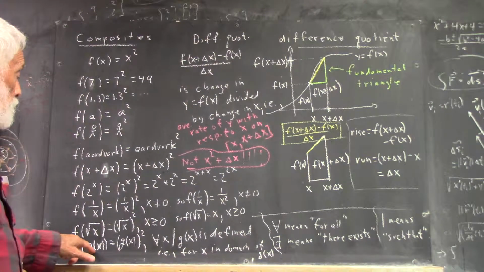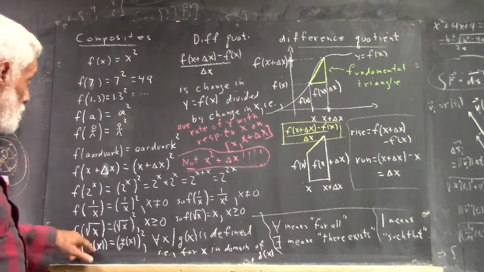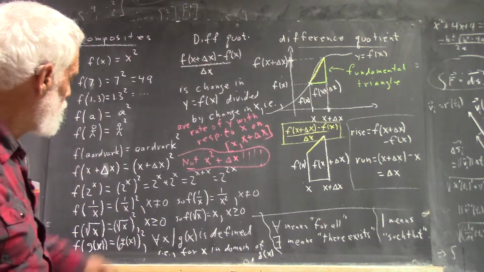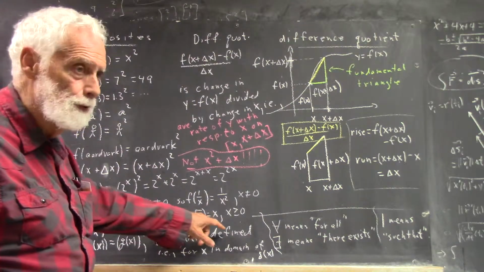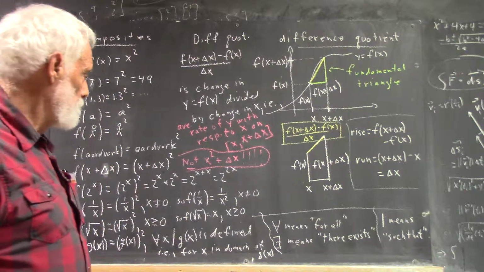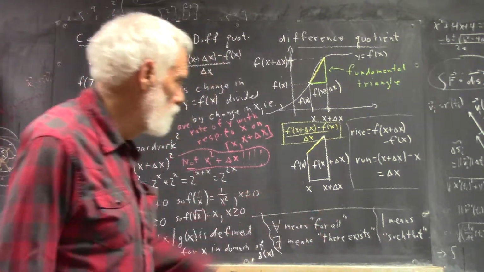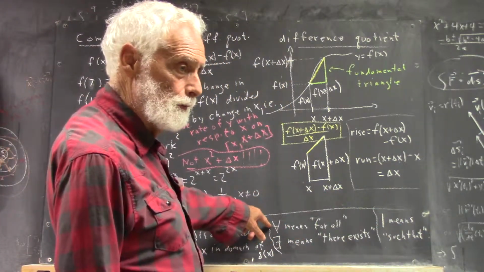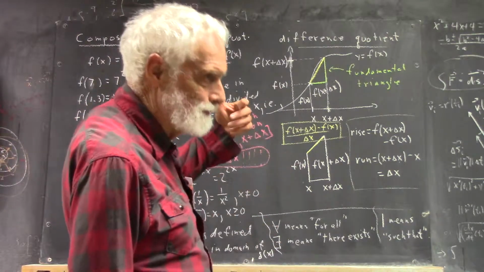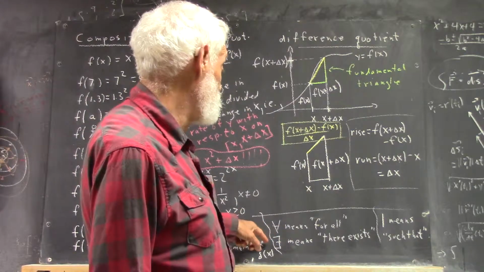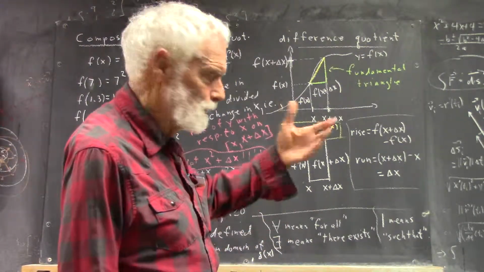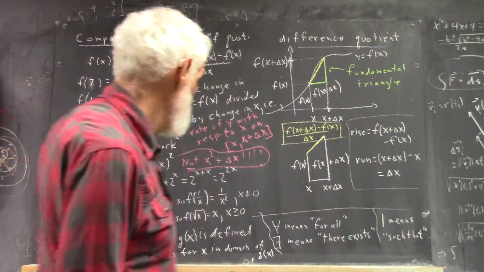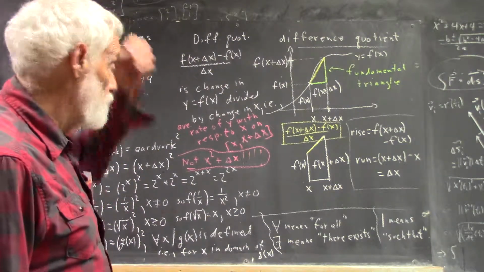Okay? And f of g of x is what? Well, we've replaced x by g of x, so it's going to be g of x, squared. We've got to replace this x by g of x. And then this says, for all x such that g of x is defined. Okay? And I introduced a couple of symbols. The upside down A means for all, and the thing here means such that. And this is called a universal quantifier. And there's also an existential quantifier, meaning there exists. So those are important symbols that you should know. You're going to see them if you take any significant amount of mathematics